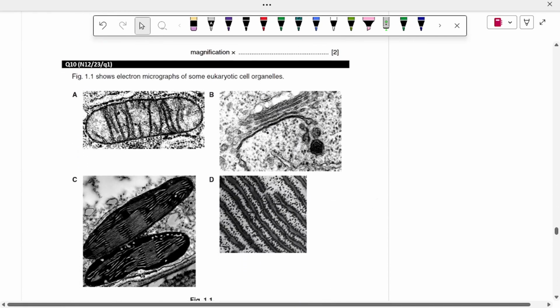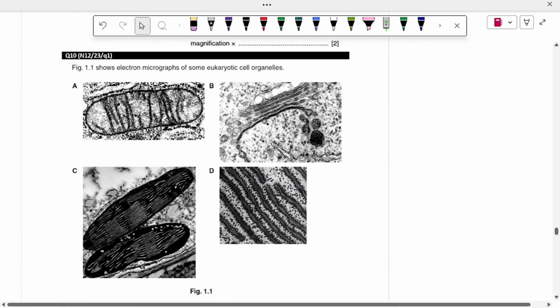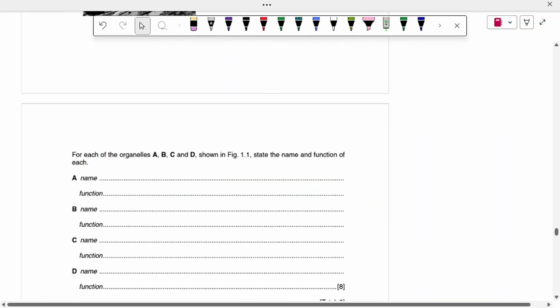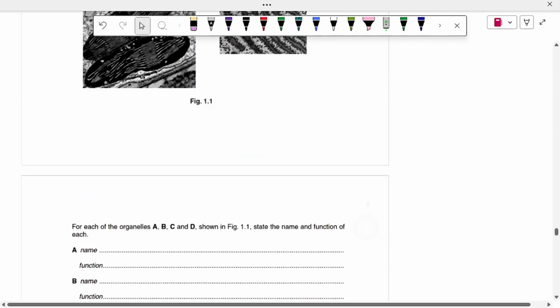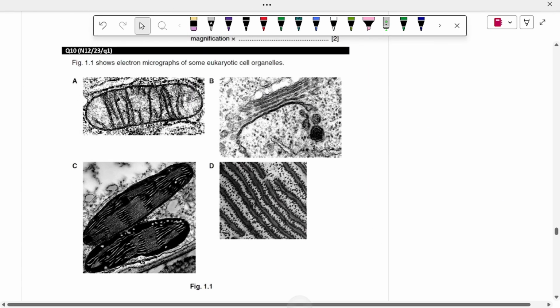Figure 1.1 shows an electron micrograph of some eukaryotic cell organelles. Eukaryotic हमारे animal cells होते हैं, animals and plant cells. For each of the organelles A, B, C and D shown in figure 1.1, state the name and function of each. तो A क्या है? A आपका माइटोकॉन्ड्रिया है, यहीं पे हम कर लेते हैं एक्टिविटी।